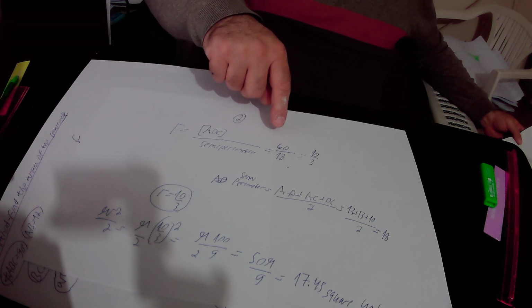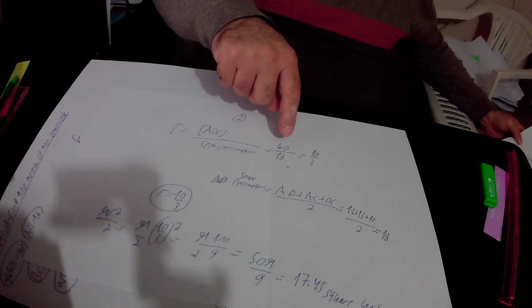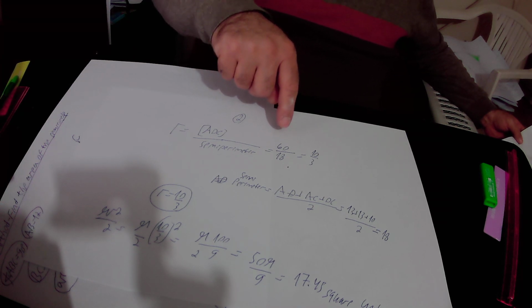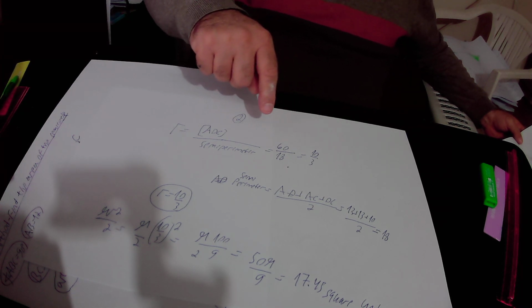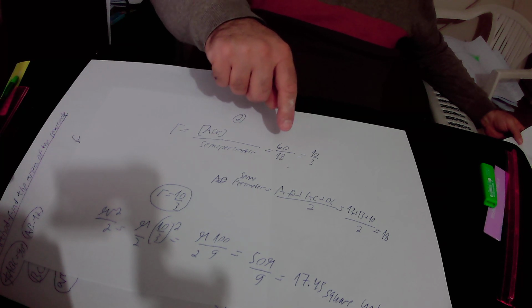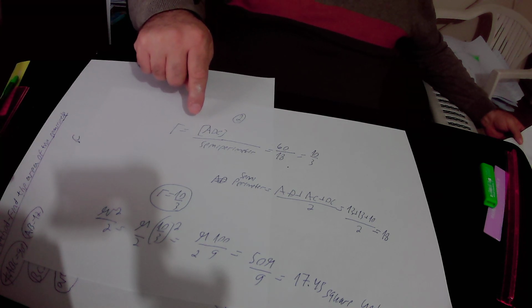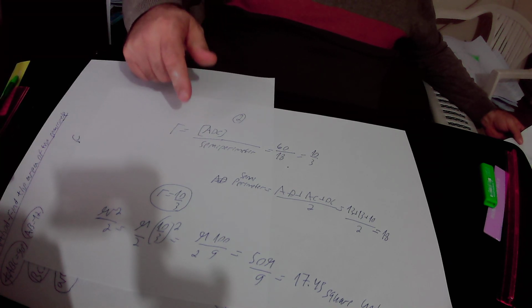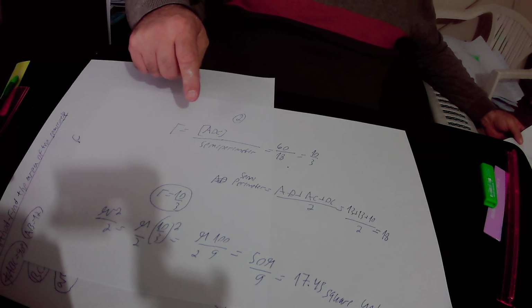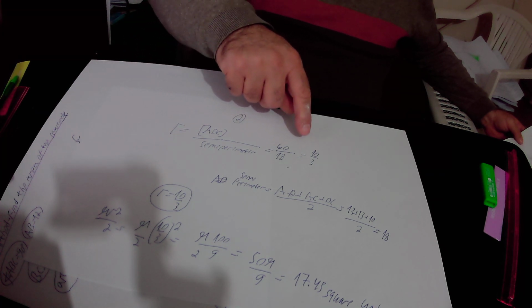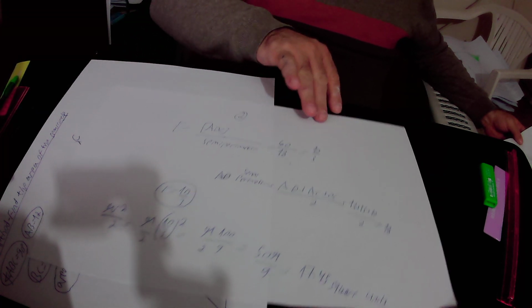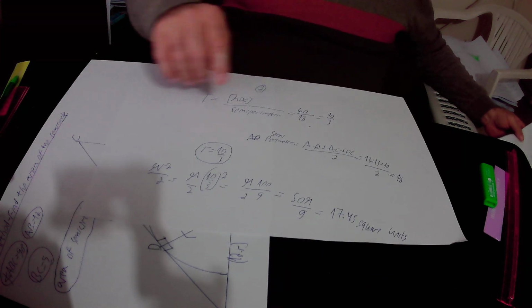We divided both the numerator and the denominator by 6: 60 over 6 is 10, and 18 over 6 is 3. So in conclusion, the radius of the semicircle, which is the same as the radius of the circle, is equal to 10 over 3 units, and therefore